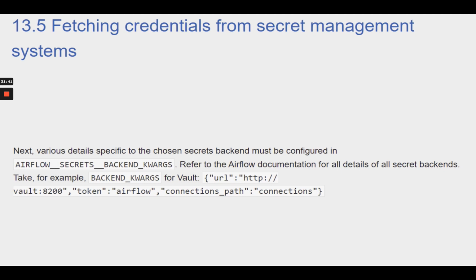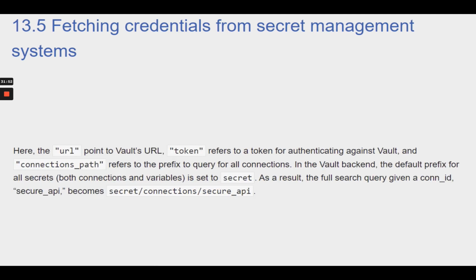Next, various details specific to the chosen secrets backend must be configured in AIRFLOW__SECRETS__BACKEND_KWARGS. Refer to the Airflow documentation for all details of all secret backends. Take, for example, backend_kwargs for Vault. See the following. Here, the URL points to Vault's URL. Token refers to a token for authenticating against Vault, and connections_path refers to the prefix to query for all connections. In the Vault backend, the default prefix for all secrets, both connections and variables, is set to secret. As a result, the full search query given a conn_id,